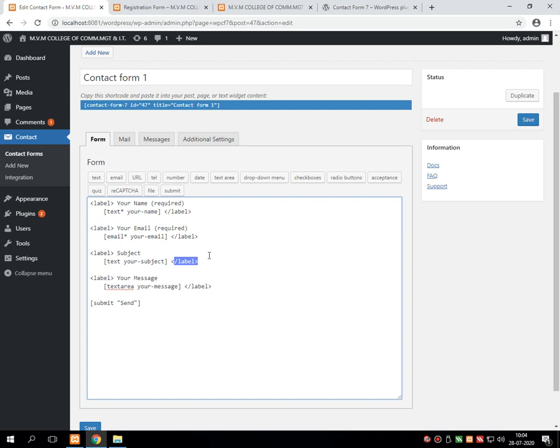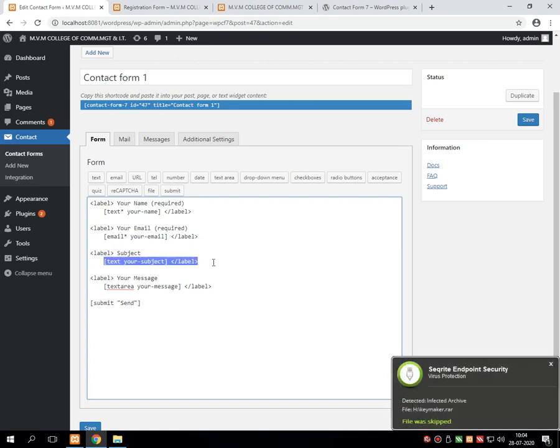Label is over. Now if you observe in the previous two, that means your name and your email, there is an asterisk written over here. This asterisk means it is compulsory. We need to write something in these two text boxes, and these two are optional.